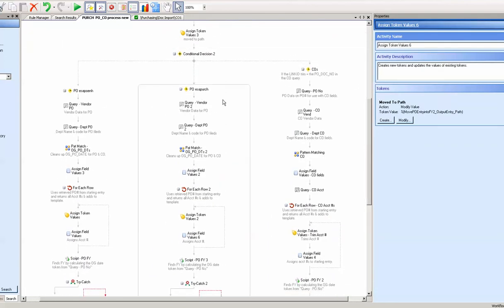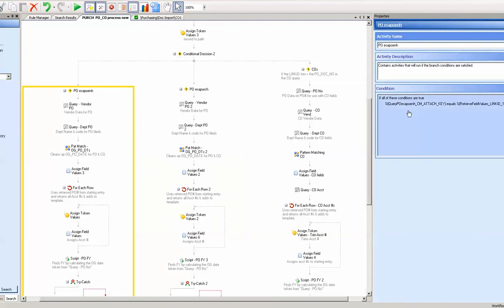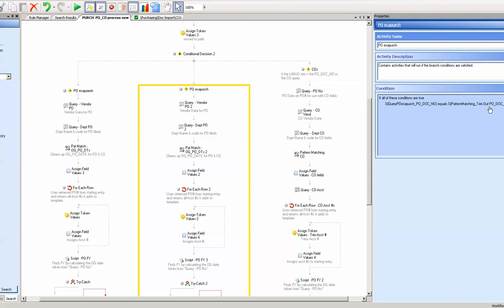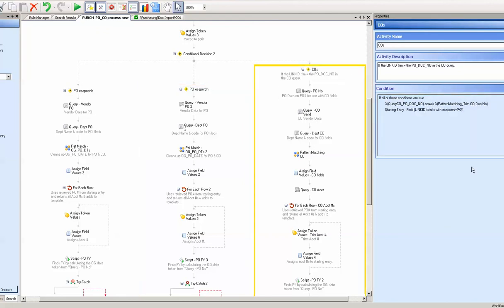Now the CO, I guess let's look at these. So this one's off the content management attach key. This one is off of what's trimmed out, the PO doc number, which is trimmed. And the CO has 2 criteria. It says it doesn't look like the link IDs for the purchase orders, and this matches. The trimmed out number from the POCO doc number equals the trimmed out number equals what the data is in the query. So